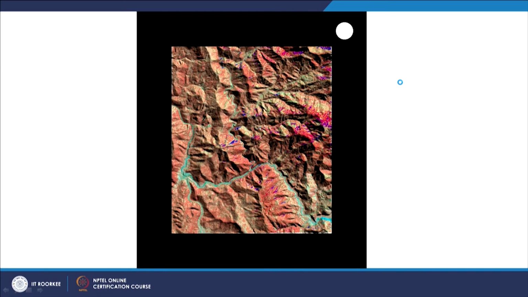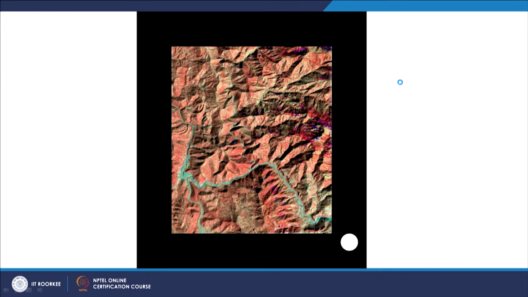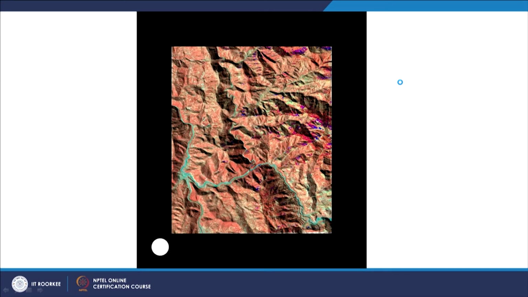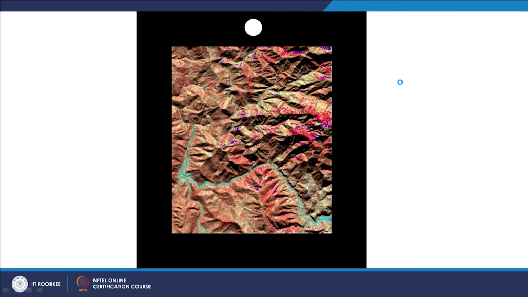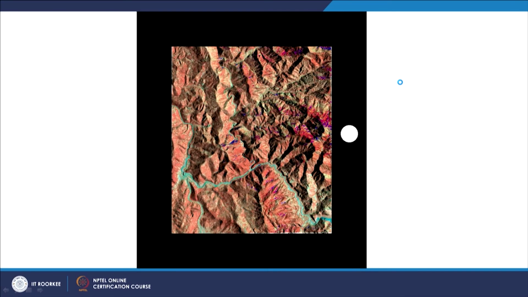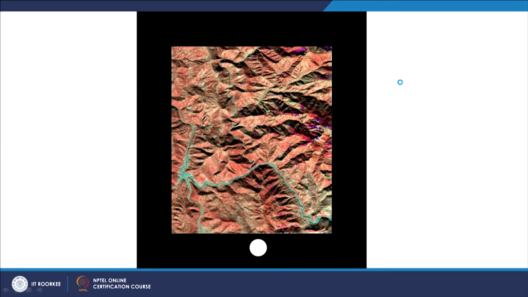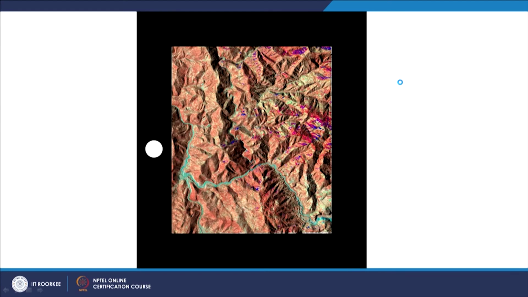I would also show you an animation where 8 images or 8 simulations have been created, and then all have been put in an animated form using a GIF file creator.